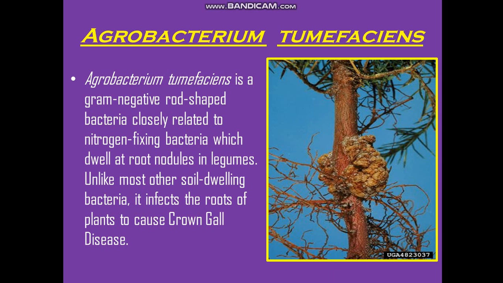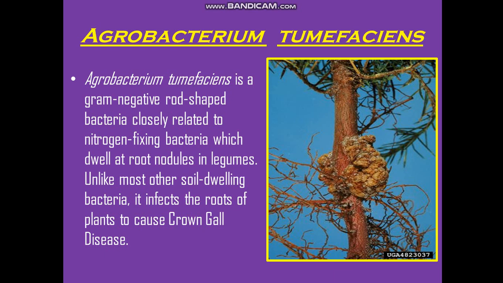So this Agrobacterium tumefaciens has genes which code for proteins that govern the production of such growth hormones in plants. And what will be the effect of such growth hormones? Of course, they will allow the plant to grow, and wherever the accumulation of this growth hormone is more, there the gall, the tumor, will be formed. So this is the picture of how the gall appears in a plant affected by Agrobacterium tumefaciens.